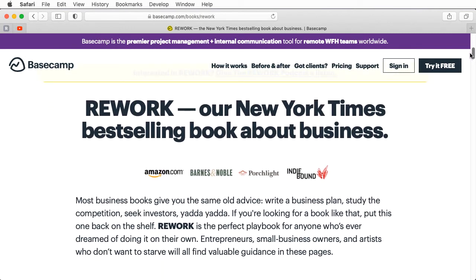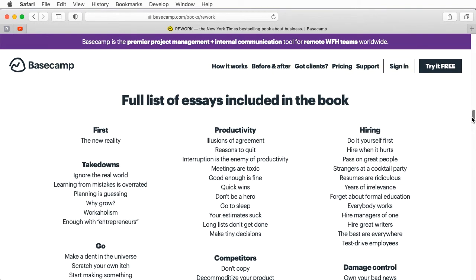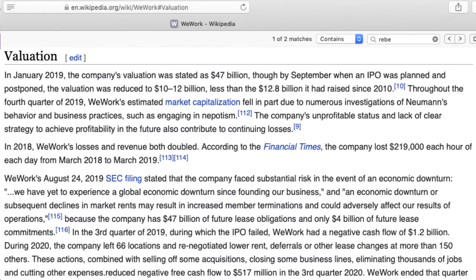One thing about Basecamp is that they've always been profitable. They're not one of these companies like Uber that has never actually turned a profit and yet is valued at a stupid amount of money. I guess the most extreme case of that sort of thing is something like WeWork, where it's valued at a crazy amount of money, even though it doesn't really have a way to actually make